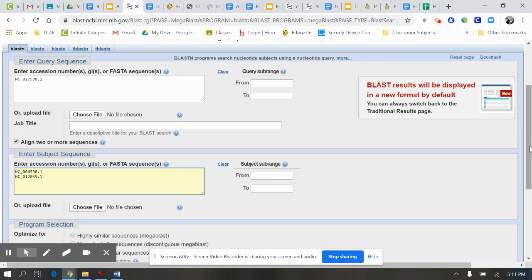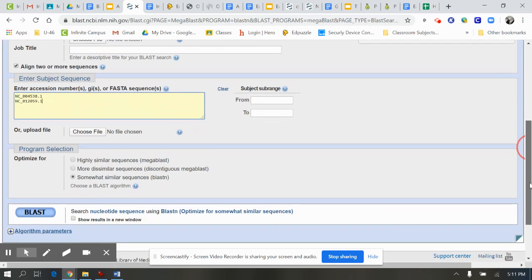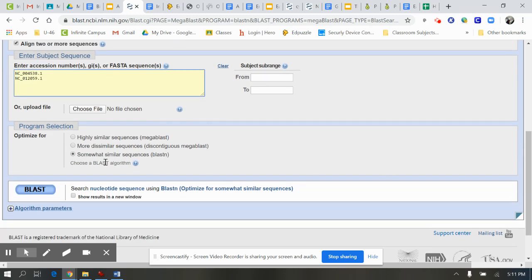All right, so now you'll enter your third animal. I would enter the Nile crocodile, but for sake of example, 2 will be enough. Again, make sure this is optimized for somewhat similar sequences. Again, animals are animals, but dolphins and birds are closer than dolphins and ants or beetles. So this is the safest bet. At this point, I'm now going to click BLAST. And as it does its magic,